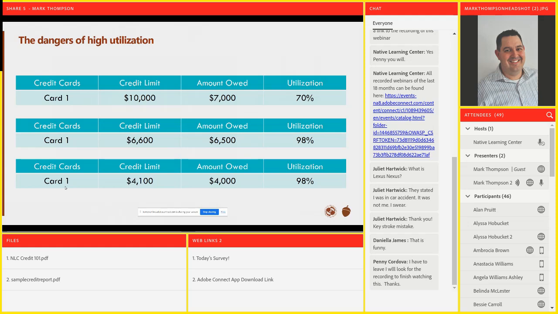So what they would do is, let's say I pay some of that down. I paid $500. They were actually lowering the credit limits on people. And in this case, you could see they lowered me to just above what I owed. Well, you know what that does, though? Even though I've paid off some of that, that really increases the utilization now to 98%. So they're killing my credit.